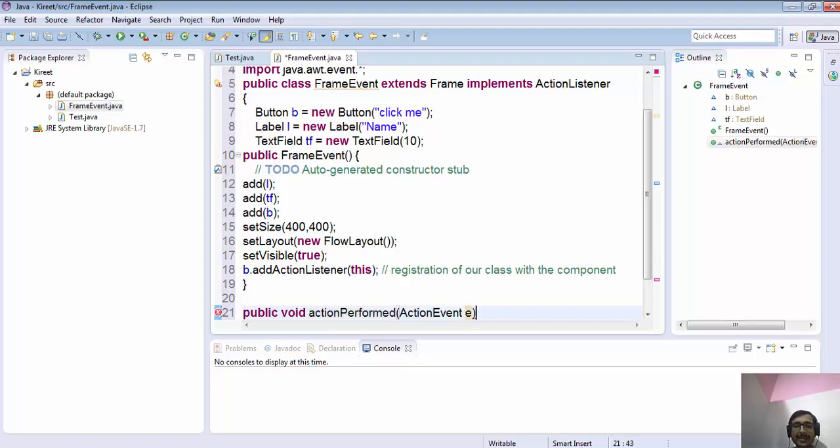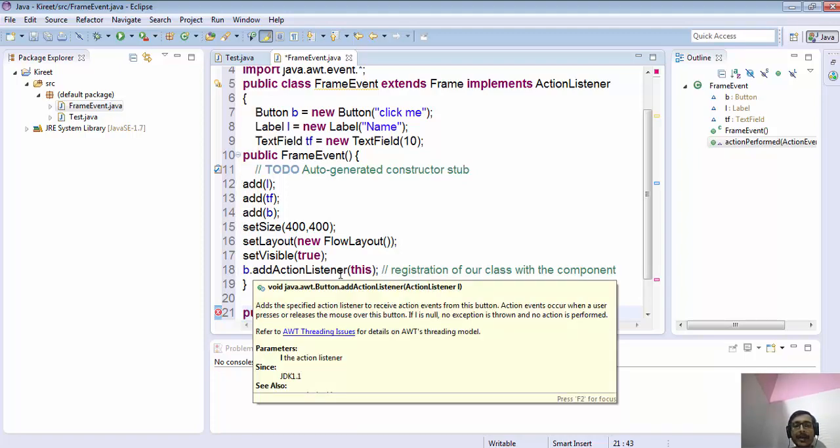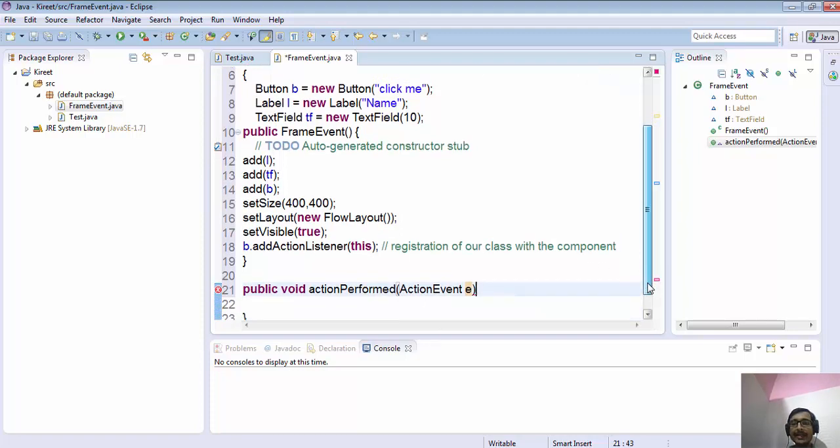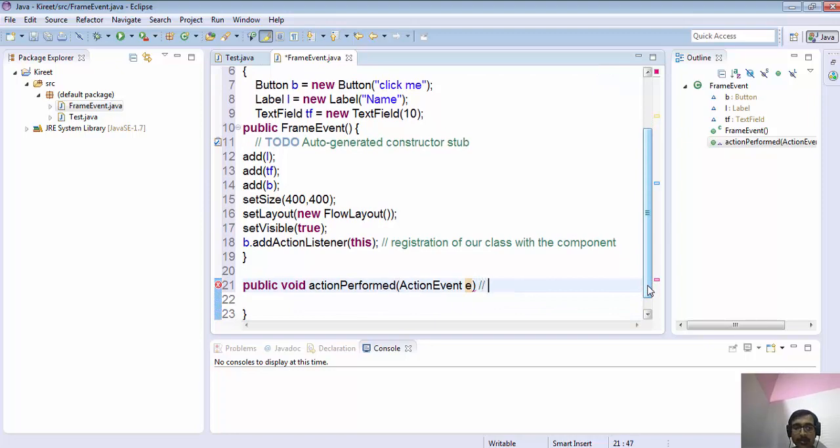So what it means is that this line number 18 will generate an event, and that particular event object will be passed as an argument inside this function. So it will take this function. So this is a caller object, and this is a caller function.